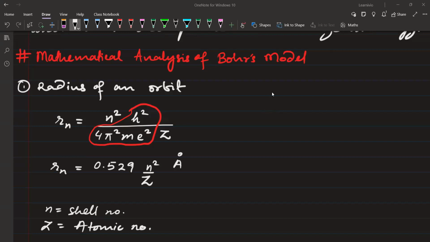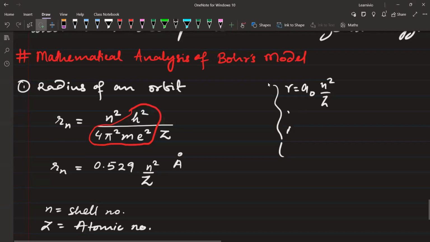You understand it? Can you tell me about it? R is equal to क्या, sir. लिखा आपने, a naught n square upon Z ना? Yes, sir. What is a naught? It is the angstrom value. वो कुछ और नहीं, नहीं उन्होंने शायद कुछ और पढ़ाया होगा। हाँ वो हम बताते हैं, don't worry about that. वो आया कहाँ से, a naught क्यों लिखते हैं उसको ना, वो भी हम बता देंगे आपको, don't worry about that, ठीक है। सवाल कराएंगे, समझ में आ जाएगा, ठीक है।